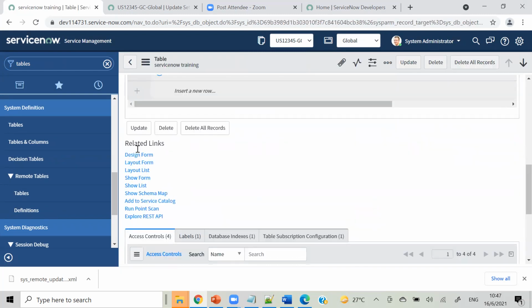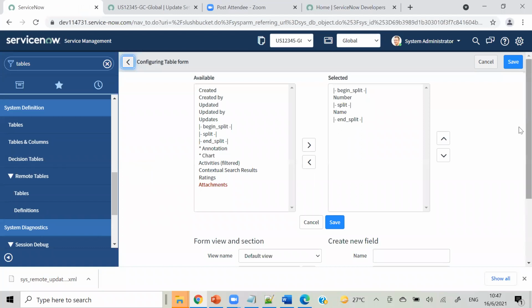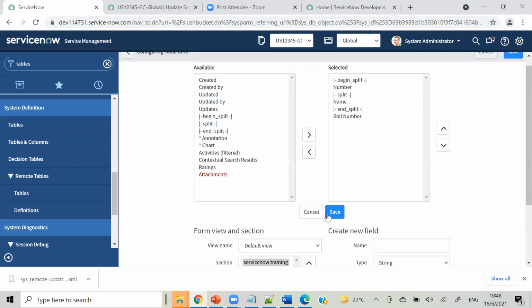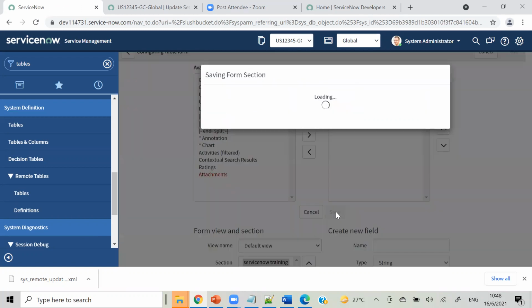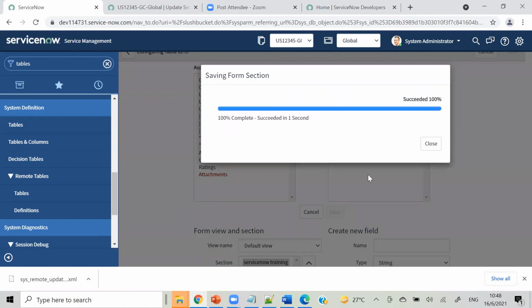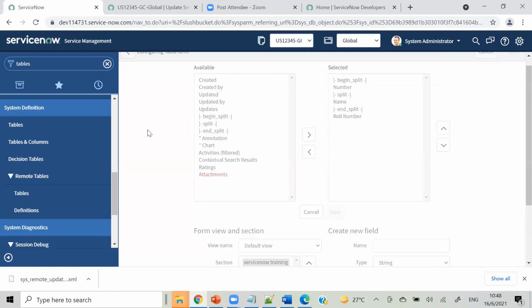Here I am going to my form layout, and I want to create a new field, for example roll number. I am keeping that as a string. I am adding it, and after saving it will appear on my form. Okay, so I am closing this.